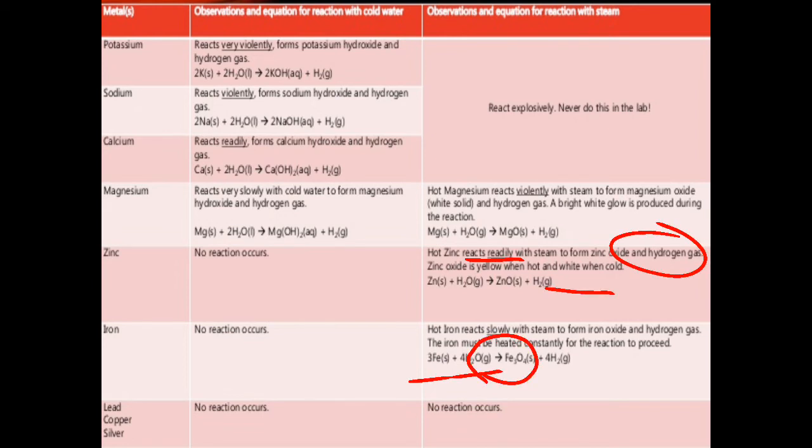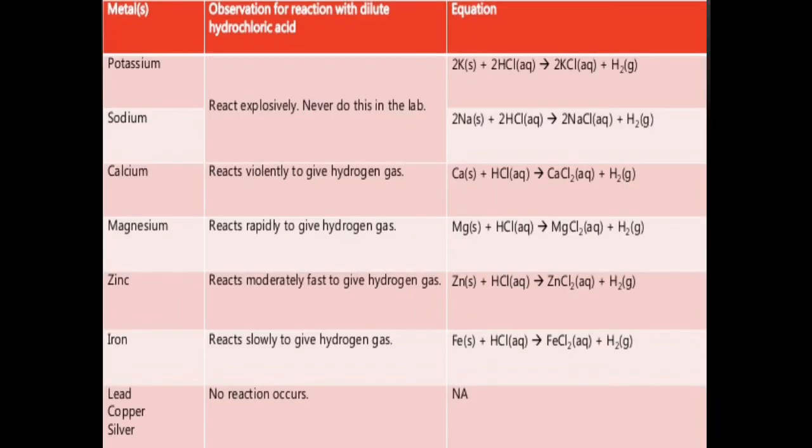Yes, this is Fe3O4 and it is a solid, and hydrogen gas is produced. But one more thing to observe here, that lead, copper and silver, and then comes gold in the last, show no reaction with cold water and no reaction with steam. The next we see how they behave with dilute